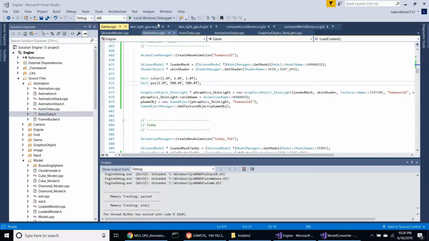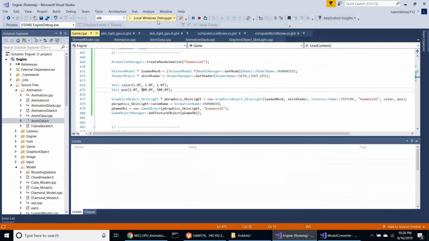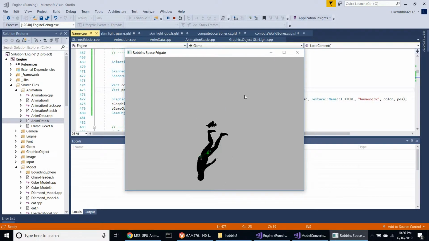So first things first, I'm just going to get this thing running, just to give you a quick demo here of what we've got, because I think the code is really the focus on this one. So we've got our two skin models here. The lighting doesn't look super awesome, but these are some lit models, and obviously they're skinned, and they're following these